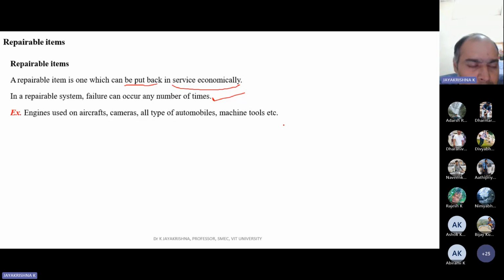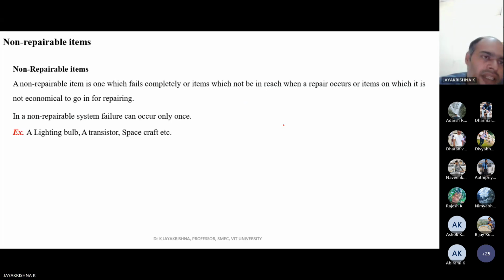What I'm saying is, in repairable items, the number of failures can be any number. The failures can occur any number of times. Next, if I have a repairable item, I am also going to have a non-repairable item. A non-repairable item is one where, once the failure has happened,